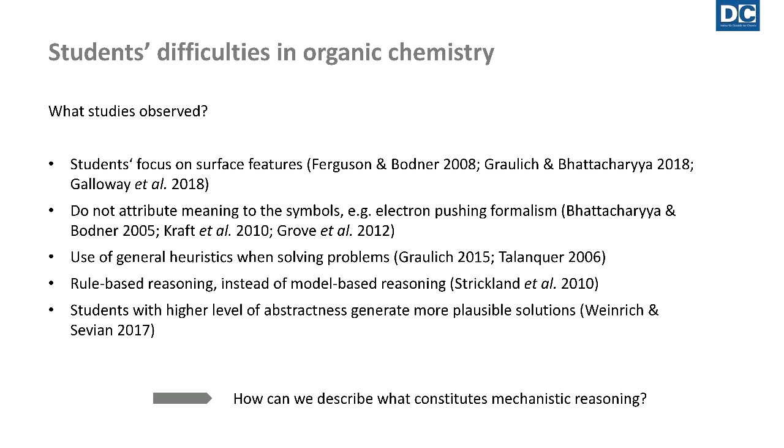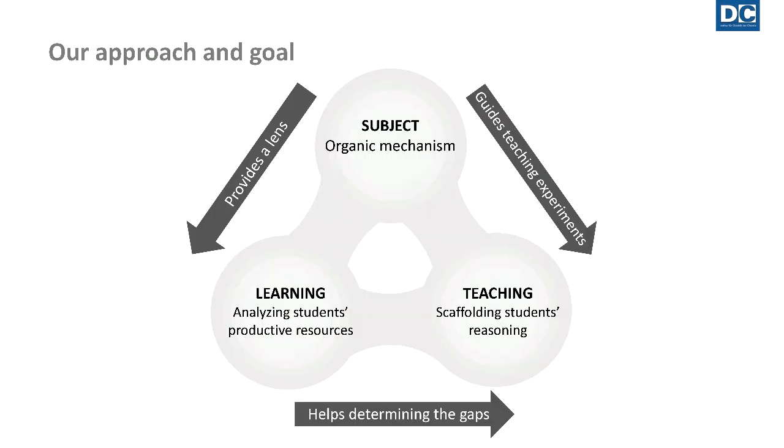So on the next slide, I want to show you our approach. We would call that a subject-oriented perspective on mechanistic reasoning. So we use a lot of work in the philosophy of science and in the philosophy of organic chemistry to find how they conceptualize mechanism and reasoning with mechanism, and then we use this as a lens to analyze what students are actually doing when reasoning with mechanisms,